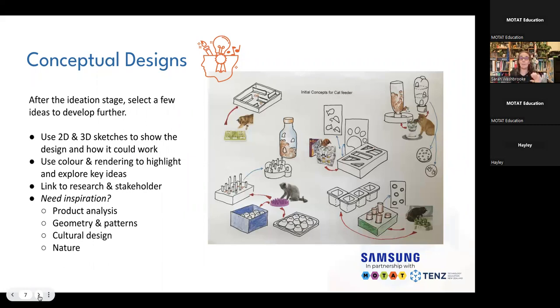That's where you can have a look at that mood board that you've created, if you've got one, and use that to help you. The other thing that you can do is, if you have a look at the design sheet, a lot of these have been inspired by products that are actually already out there on the market. So they're using those to inspire new ideas and develop them and improve them and make them better.